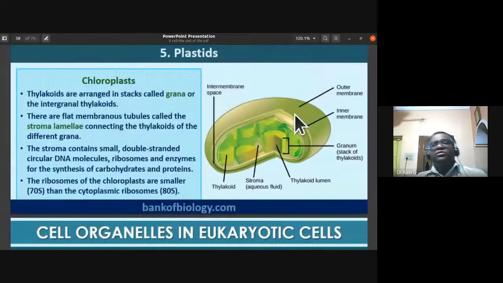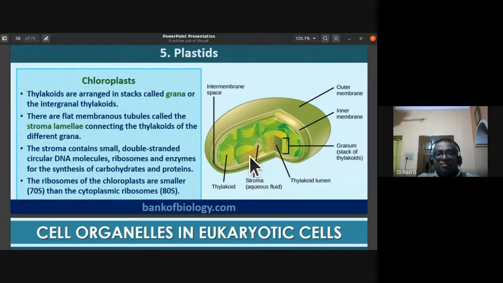So that is what you have to remember. Again, we'll be discussing the ultrastructure of chloroplast when we come to the plant physiology chapter of photosynthesis. You have to remember, the thylakoids are disc-shaped saccular structures. These thylakoids are arranged one above the other to form a stack or a pile of coin-like structures called